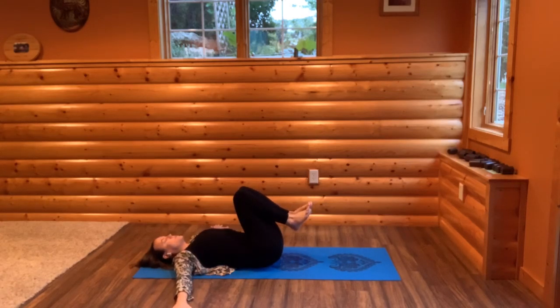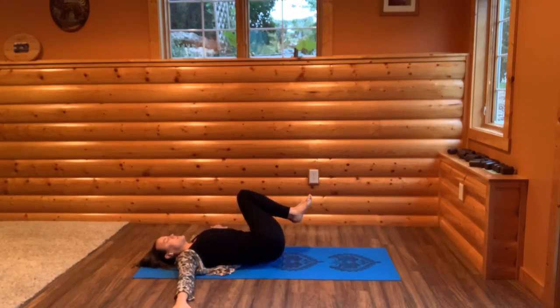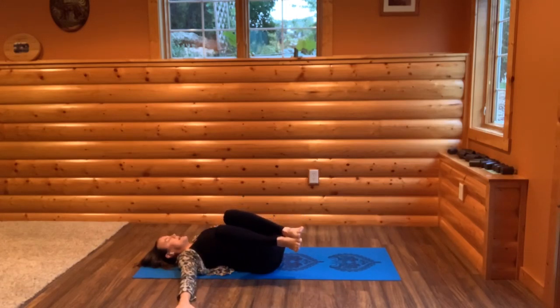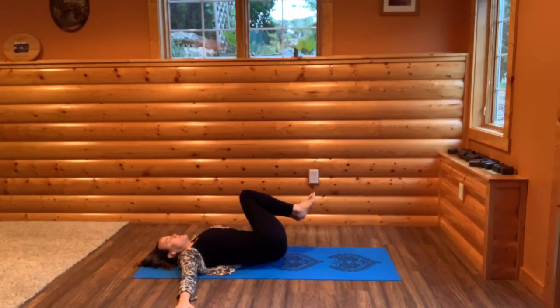So now this time as you're moving towards the right, bring awareness to your upper neck. So keeping that stretch in your upper neck. Come back to center. Exhale as you move to the left. Breathe in, come to center, and we'll do that just one more time. Really focusing on your neck and keeping the crown of your head pulling forward. Come back to center, and then move to the left. And back to center,